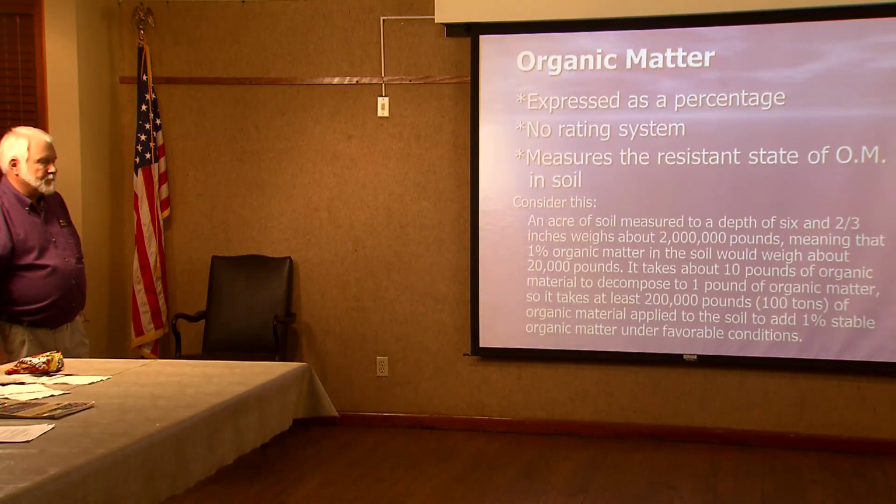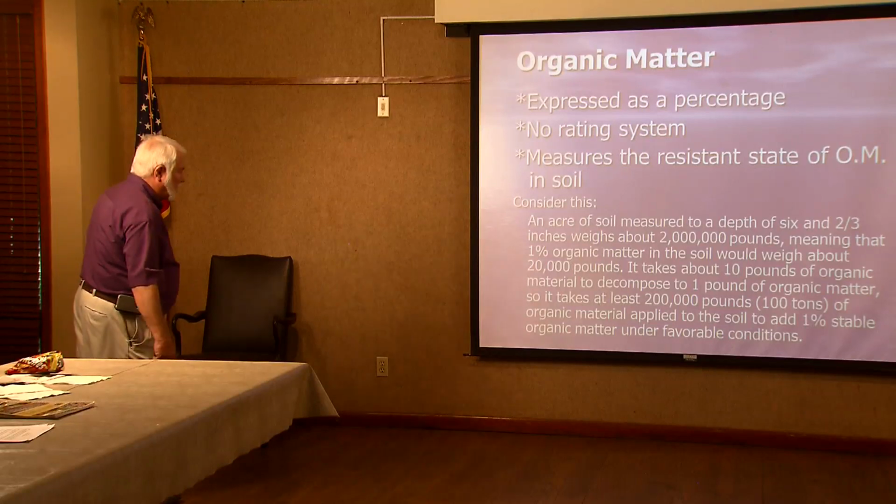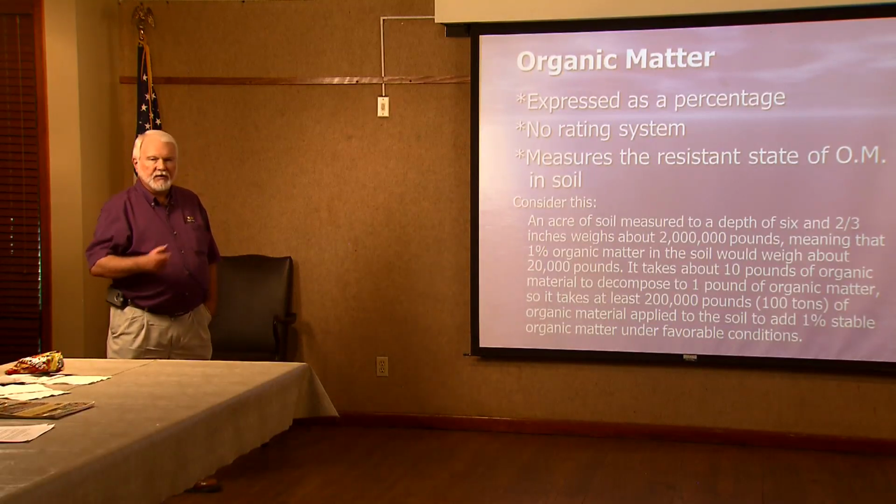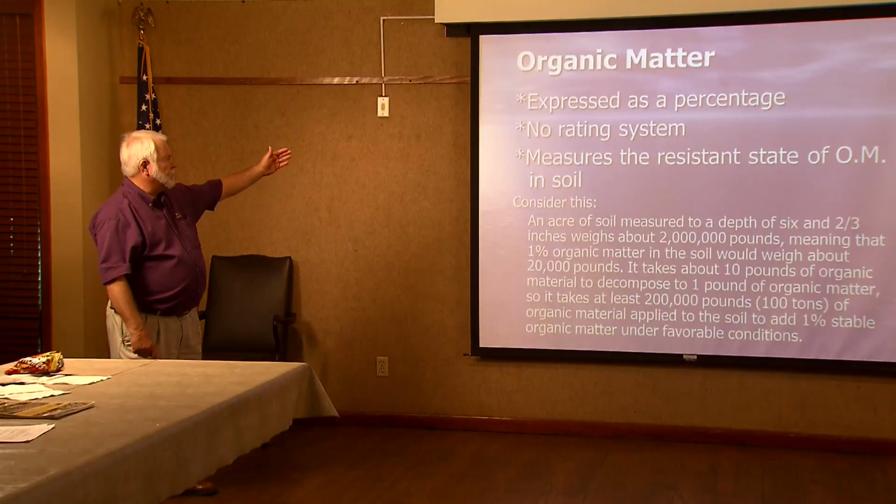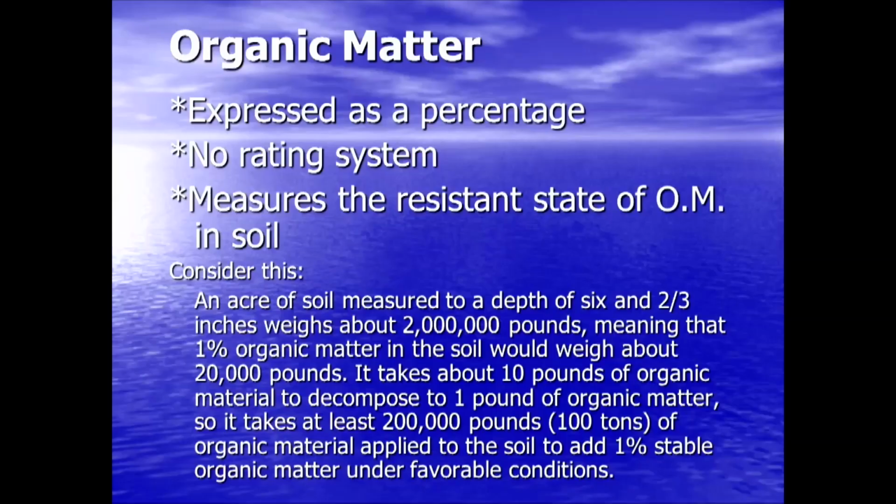Organic matter. Think about this. If you run our organic matter test, it's expressed as a percentage. There are no rating scales in there. It measures that resistant state of organic matter that's in the soil, that humic and fulvic acid. Consider this. An acre of soil measured to a depth of 6 2/3 inches, which we call an acre furrow slice of soil, weighs about 2 million pounds on a dry weight basis for sands through clays. If you averaged them out, 2 million pounds, meaning that 1% organic matter in that soil would weigh about 20,000